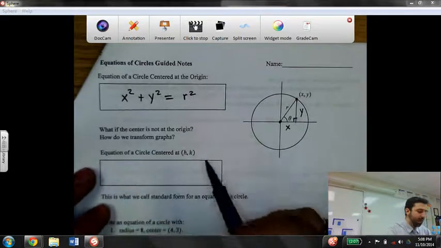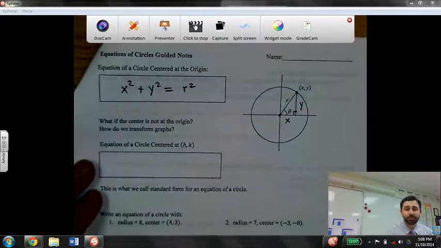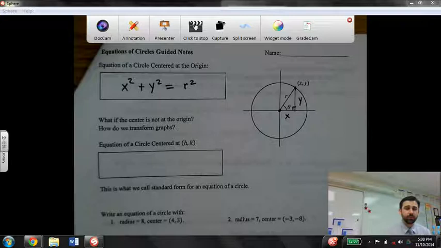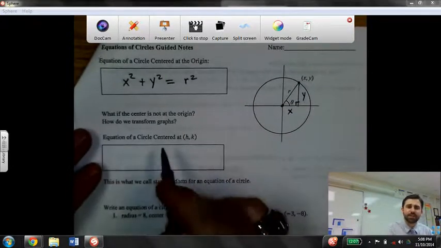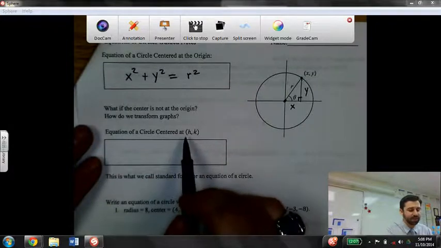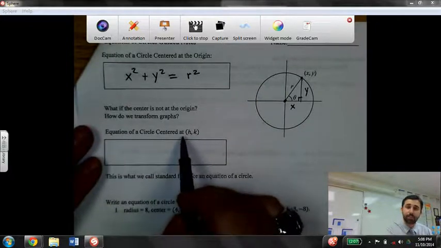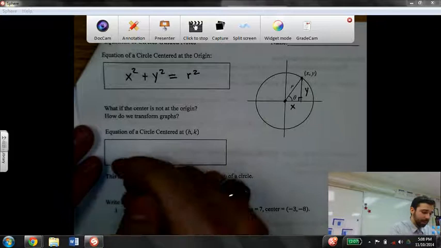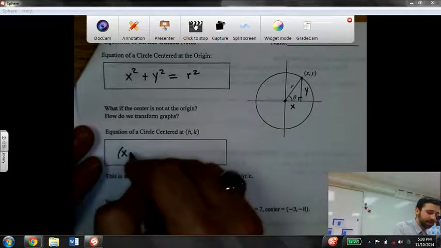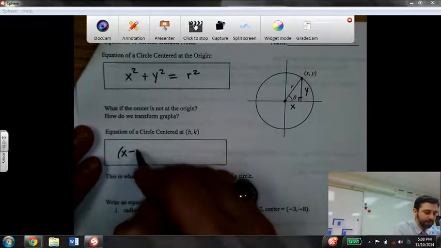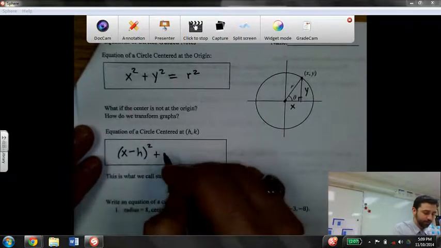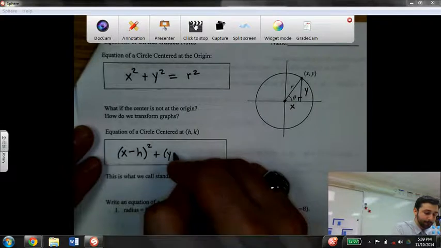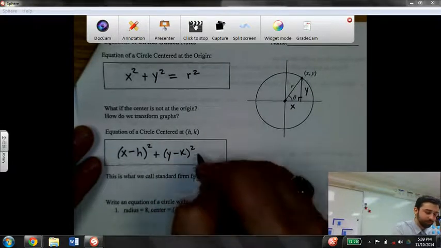So if I wanted to transform that circle, say I wanted to move it a distance left or right, in this example it says an equation of a circle centered at the point (h, k), so a positive h, positive k. How I would do this is I would say (x minus h) squared plus (y minus k) squared